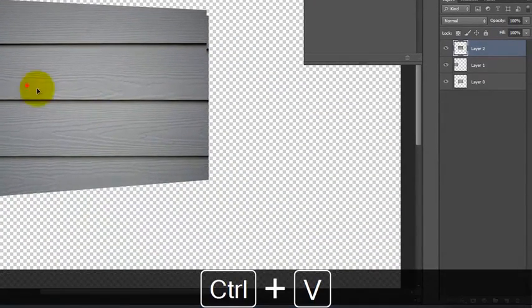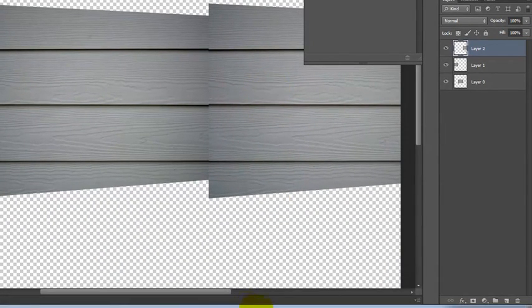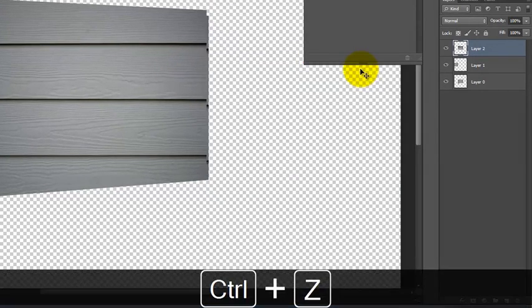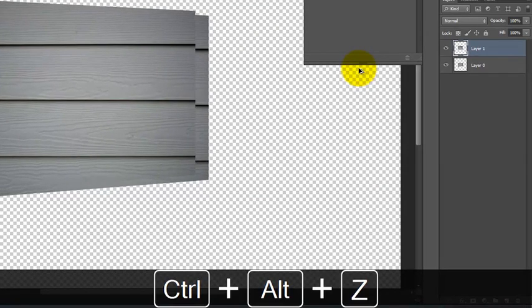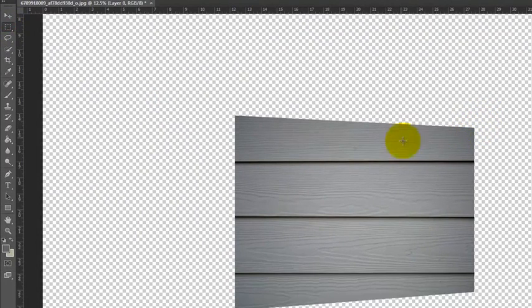If I were to paste another one on here and go like this, we can see that they're starting to get there. There's still a little bit of shadow that's happening from one side to the other, and that's something that I'm going to have to deal with as well. So let me back up here. All right. So the next piece is I need to crop this in such a way that we're going to start to, what's the best way to envision this? Okay, so what I'm going to do,